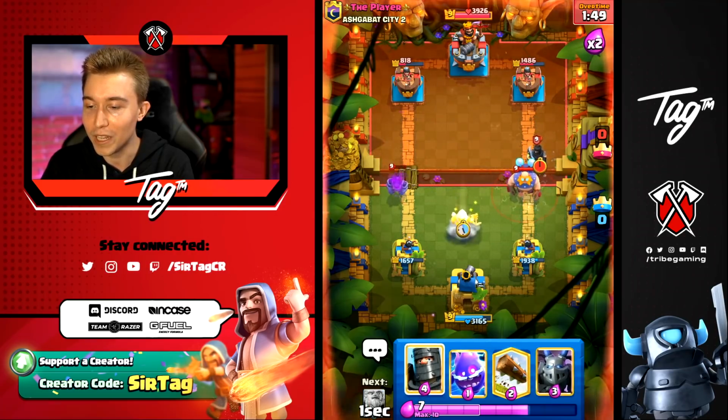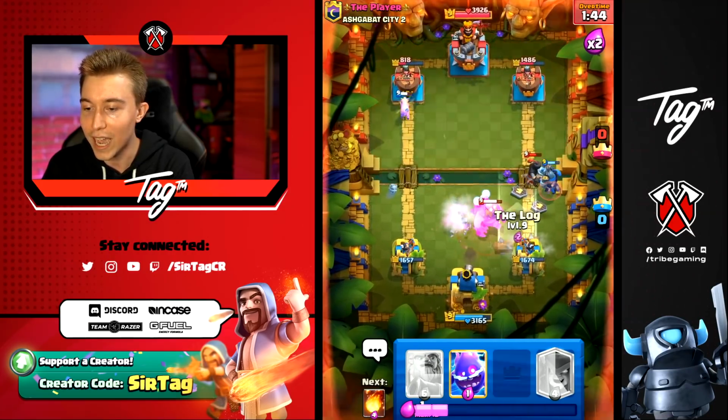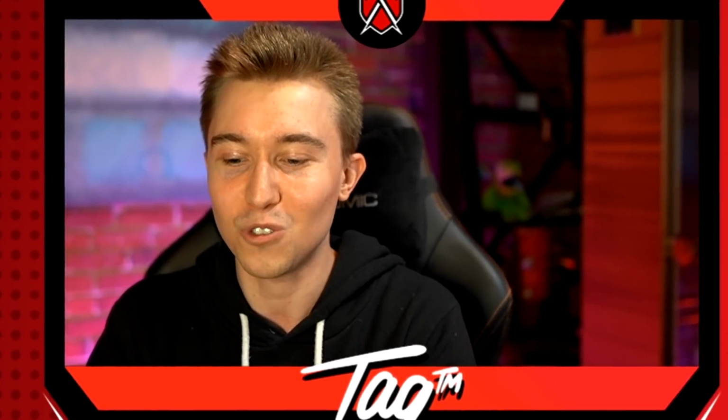So I'm going to go in for a Fisherman here. I want to go for Dark Prince and Mega Minion off to the side in case he wants to lightning me. We haven't really decided what this guy wants to do yet. Definitely need to go in for an Electro Spirit to shut that down and minimize the damage, because it's going to get a lot. As you guys already know, Electro Giant is probably...